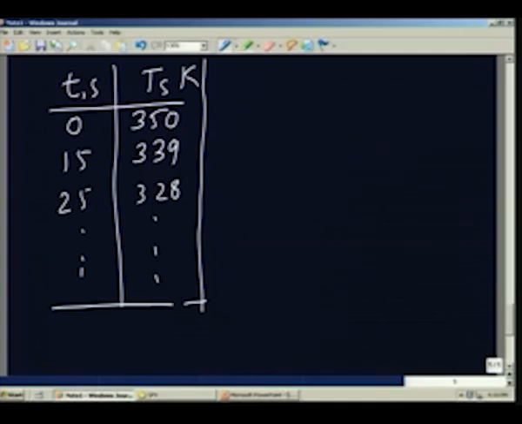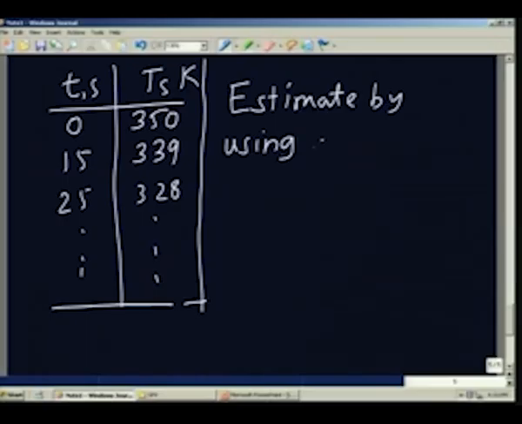For this, to estimate emissivity, we will use the principle of least squares, which we have already talked about earlier,